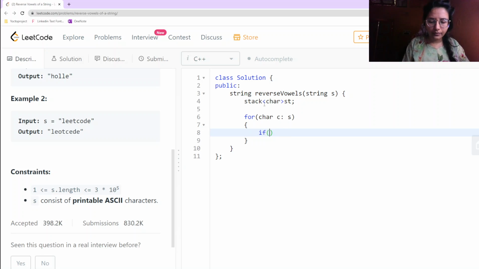Because we are using a for loop, we can directly check if c equals a, or e, i, o, or u,